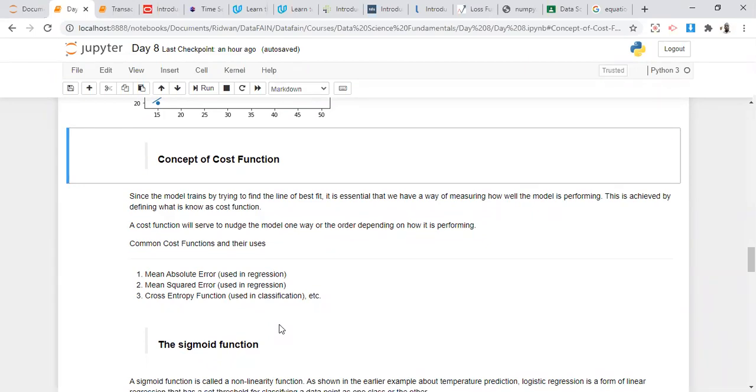Now, common cost functions. These cost functions are of different types, and different cost functions are suitable for different tasks. Where you have a regression task, you will want to consider mean absolute error or mean squared error. Either of these two is suitable when you're working on a regression model. So what is mean absolute error? I don't have the definition here, but think of it as,